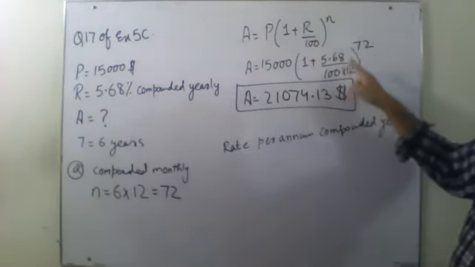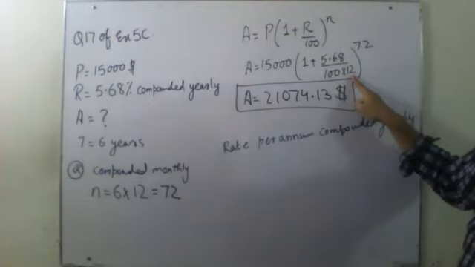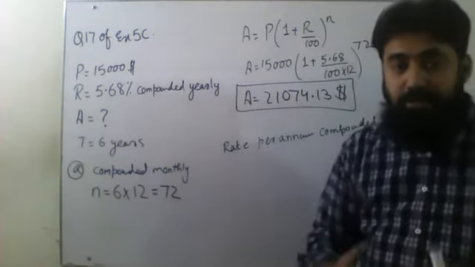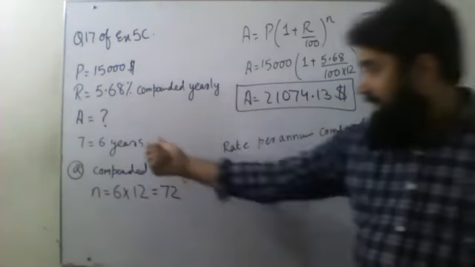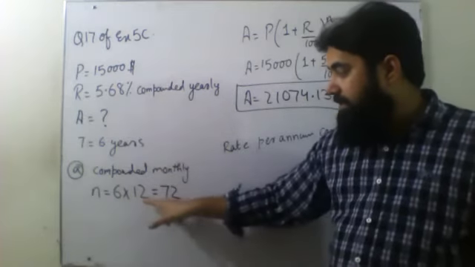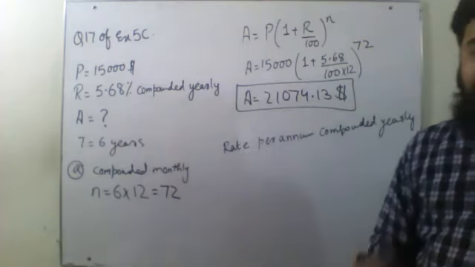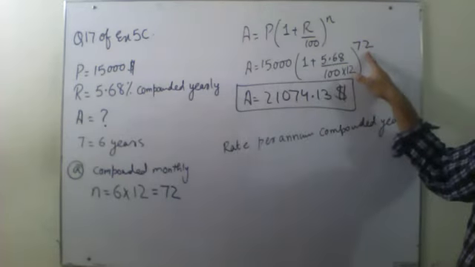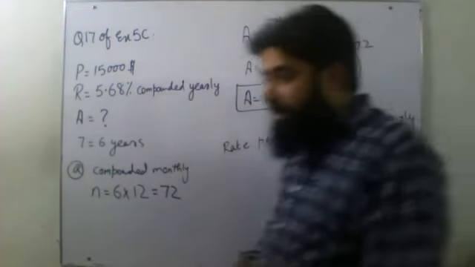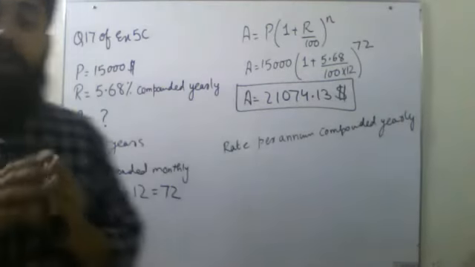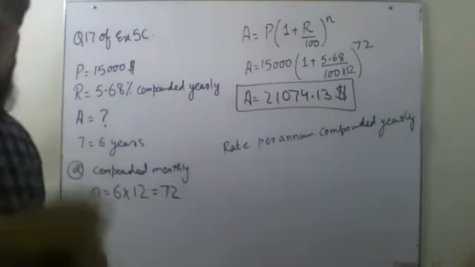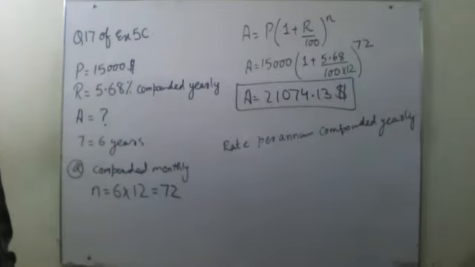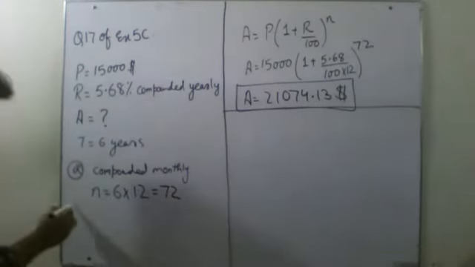First of all, I have divided my rate by 12, and then how many months will be there in 6-year time? So I have multiplied 6 by 12, and that will be 72 months, which will be taken as the value of n. In the next part, they are giving us something different, and that will further clear whatever is not clear over here. Okay. Now, B part of the question.